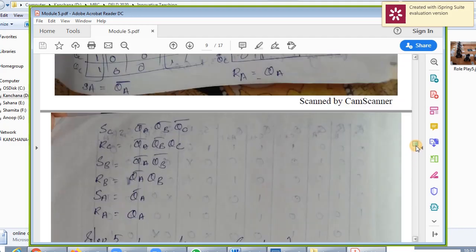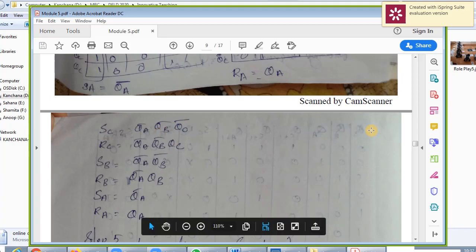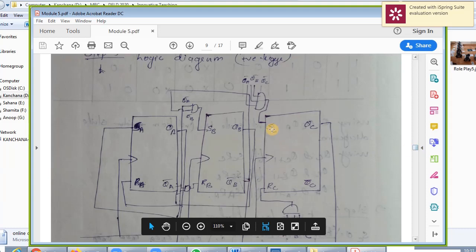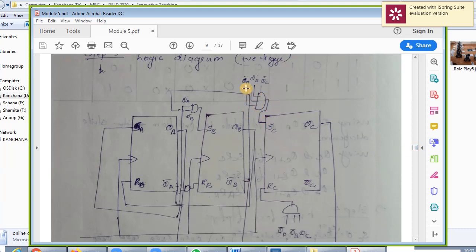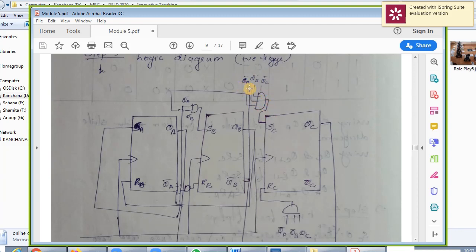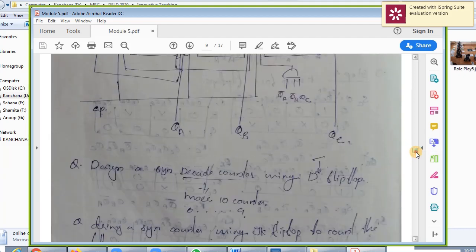If it is a multiplication, a product term, you have to use the AND gate. For SC and RC, there are 3 input variables, QA bar, QB bar. It is very difficult to connect QA bar and QB bar, and it will look so complicated. So directly you can write it here itself. Put your AND gate and just name the inputs QA bar, QB bar, QC bar. Like that also you can do. So we completed the logic diagram.